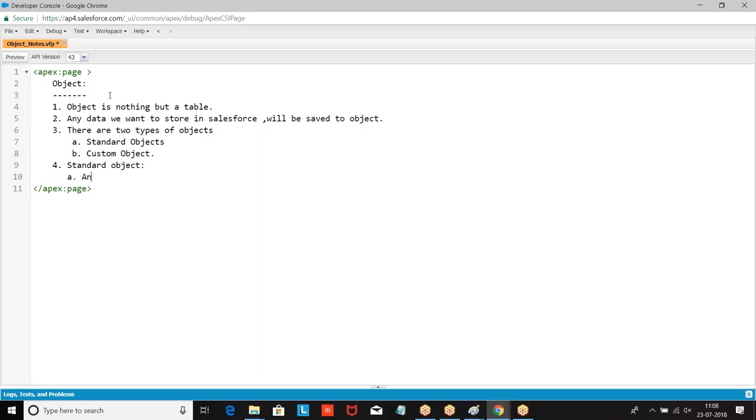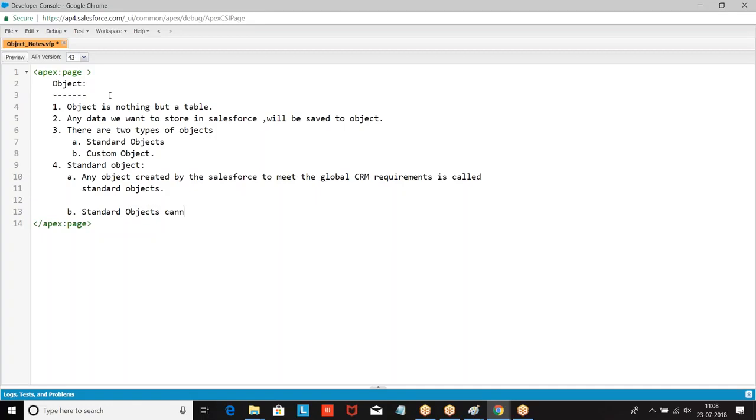Standard objects, whichever objects are created by Salesforce, cannot be deleted.